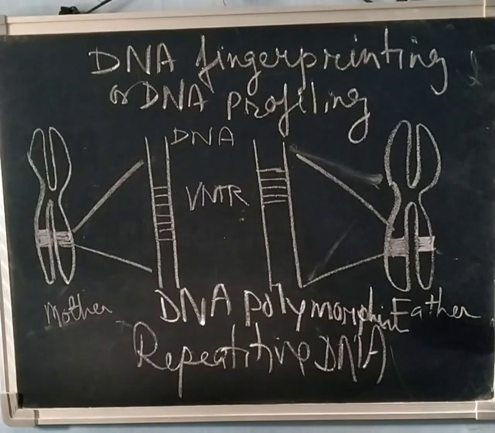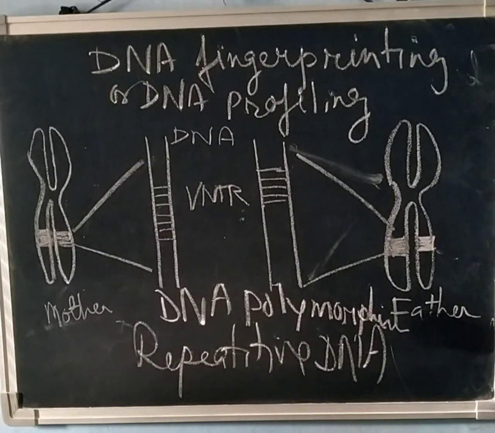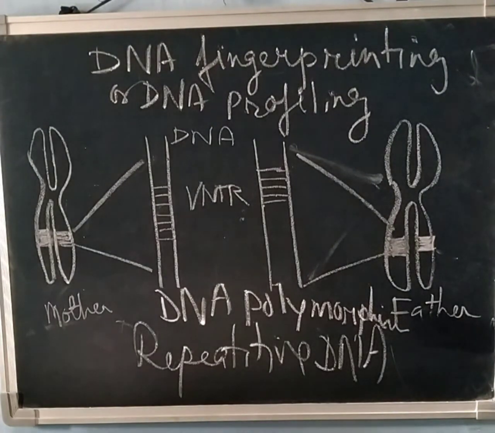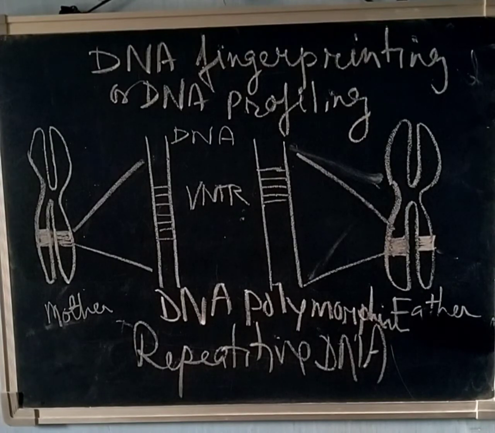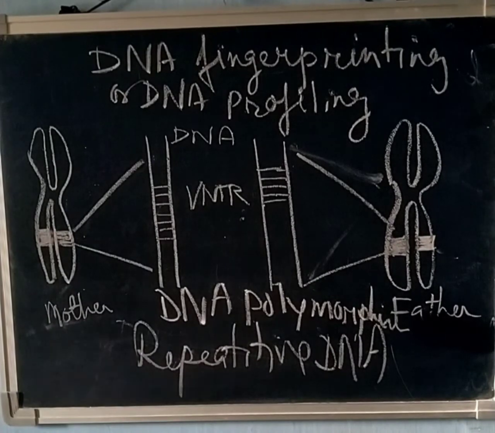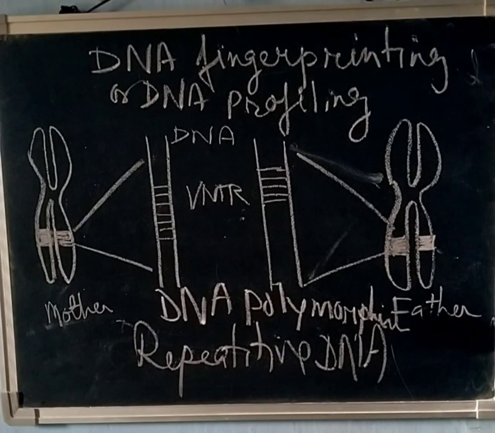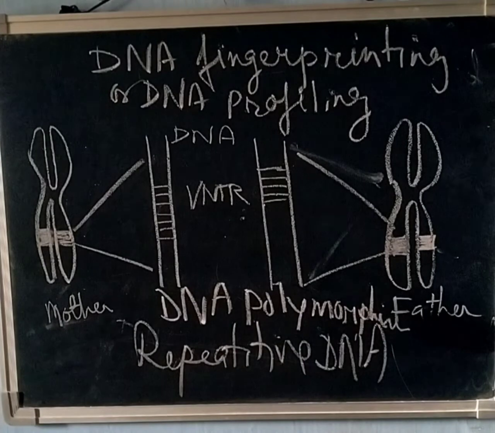These repetitive DNA sequences are found from a blood sample, and then it is matched with the suspected person, and so matching of DNA fingerprinting is done, and by that we can also find out the criminal from the crime situations, and paternity disputes, if any, we can solve. And like skin fingerprinting, DNA fingerprinting can help in distinguishing one human being from another, with the exception of monozygotic twins. So monozygotic twins have no difference in the DNA fingerprinting.